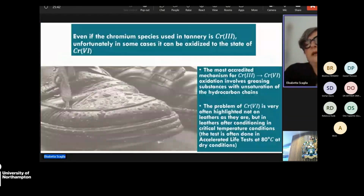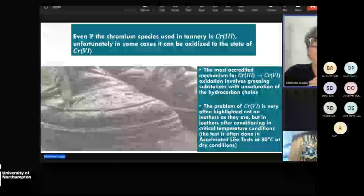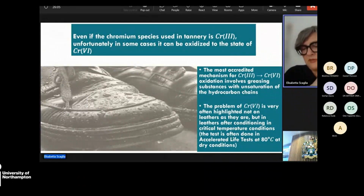So it seems that the possible presence of chromium-6 in leather is mainly due to the presence of some greasing, some fat liquids that have unsaturated bonds in the hydrocarbon chains. And they are not in itself a problem unless the leather that has been treated with this kind of fat liquids can be exposed to strong oxidizing conditions such as UV radiation, so exposure to the light, long exposure to the